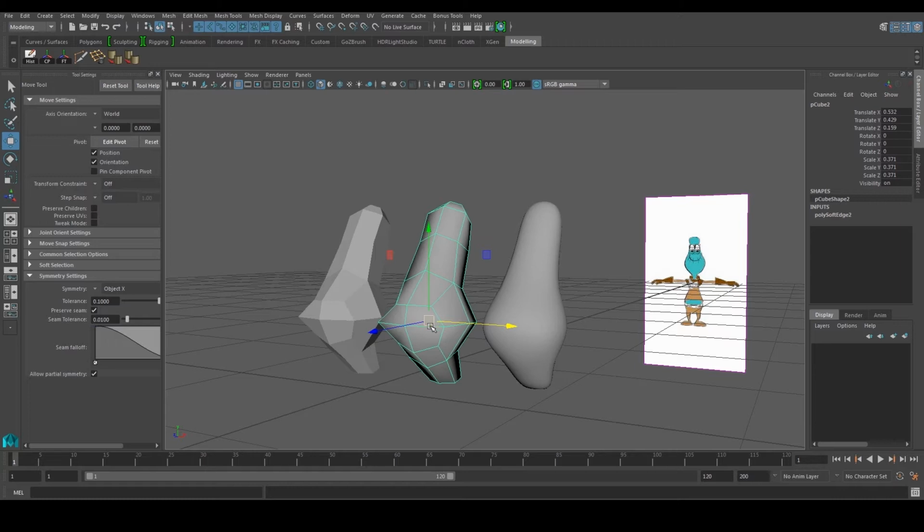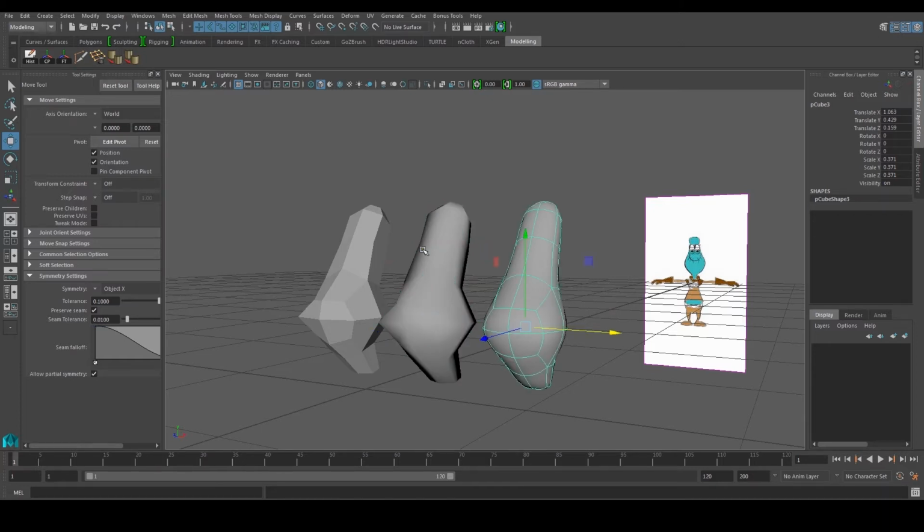because the game engine cannot take too much information, so your models need to be as light as possible. Again, it depends on what kind of game. Is it for a mobile app, or is it for PlayStation, Xbox? Some consoles can take an even higher resolution, so it will depend. Of course you don't want it to be too much. For this one it's still okay because everything is still very light.